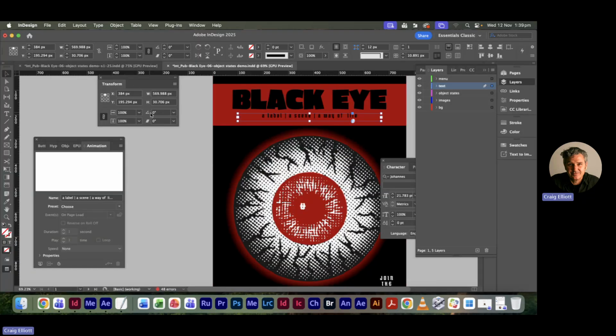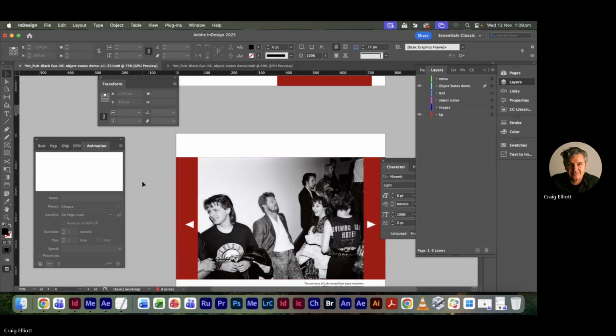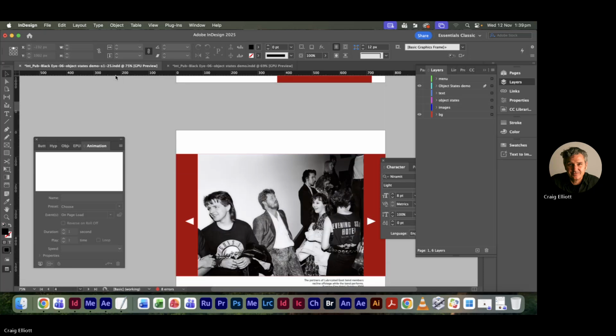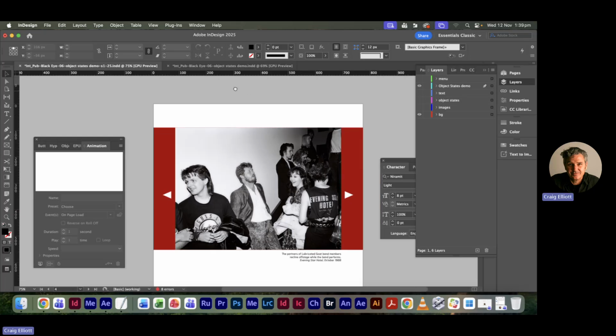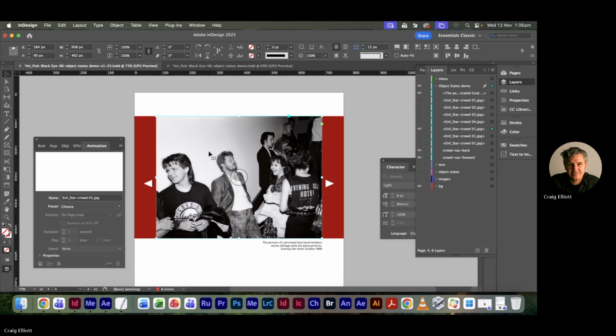But first, what we'll look at is creating a slideshow. Okay. And so what I've got here, and I'm starting to use my layers a bit and creating layers and naming them. But what I have is an image. Now, I've created a frame